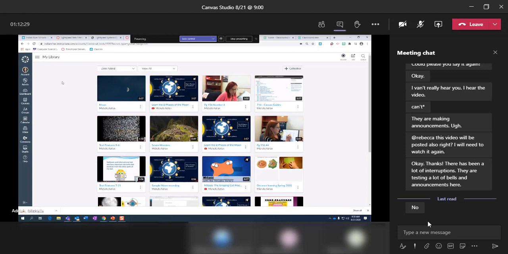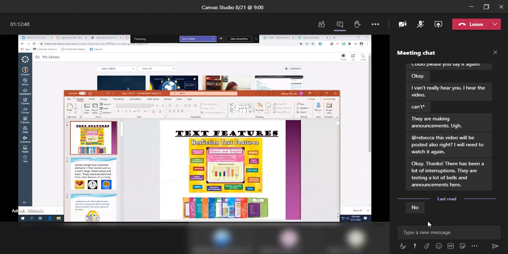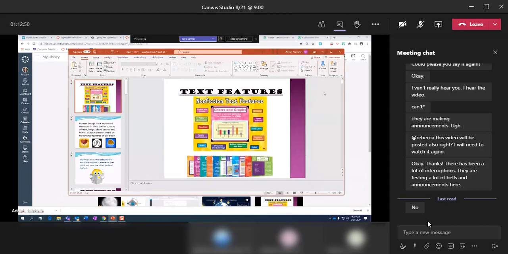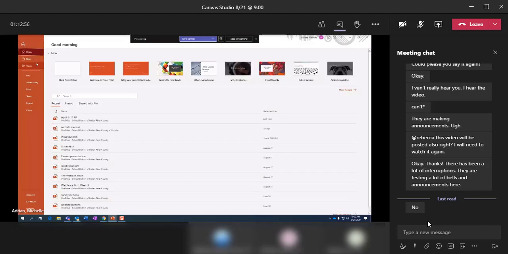All right, sounds good. All right, so now the other way that you can use screen recording is with a PowerPoint. And I use PowerPoint as an example, but it doesn't have to be PowerPoint. I just know a lot of people use PowerPoints, and it's great for transitional learning because